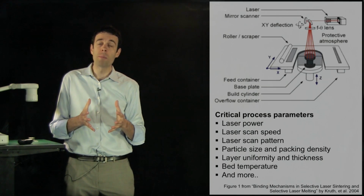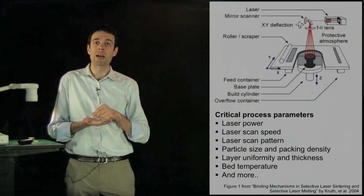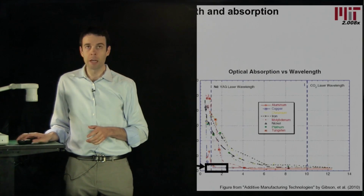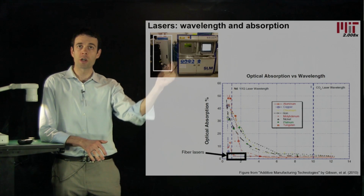And the process is so complicated that we must at present rely more on empirical understanding guided by the physics of melt pool formation to optimize the process to deal with particular materials. And a critical component of the SLM machine is, of course, the laser being over here connected to the printer